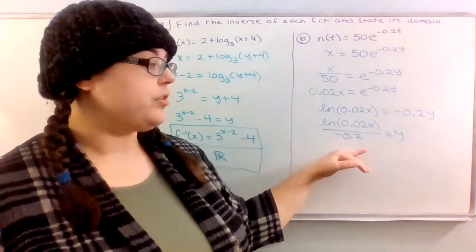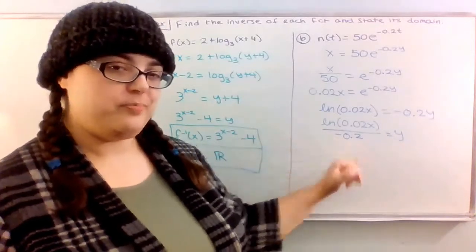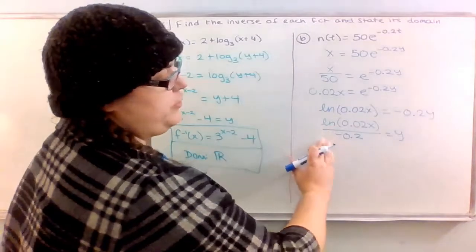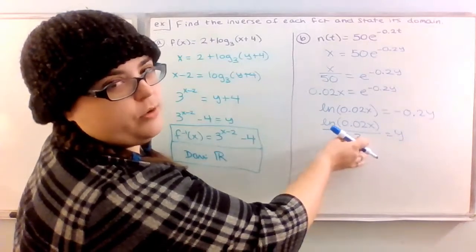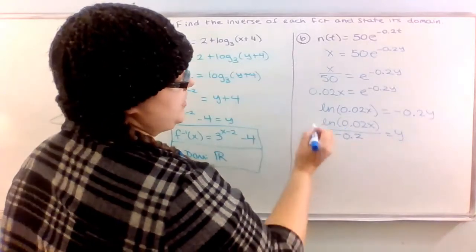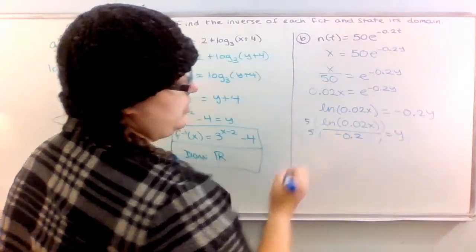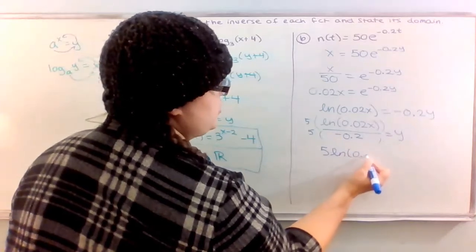If you wanted to, you could multiply top and bottom by 5. That'll clear the decimal. So actually, why don't we do that? I'm doing 5 because 0.2 is the same as 2/10 or 1/5. So if I multiply top and bottom by 5, that will give me 5 times the natural log of 0.02x